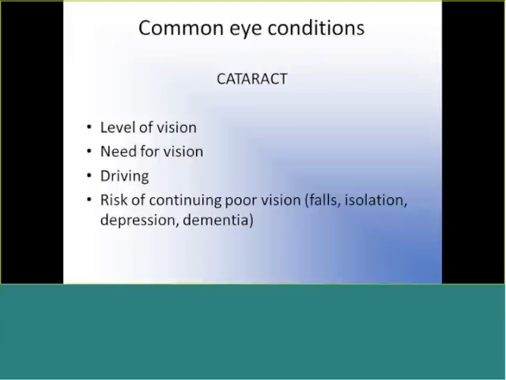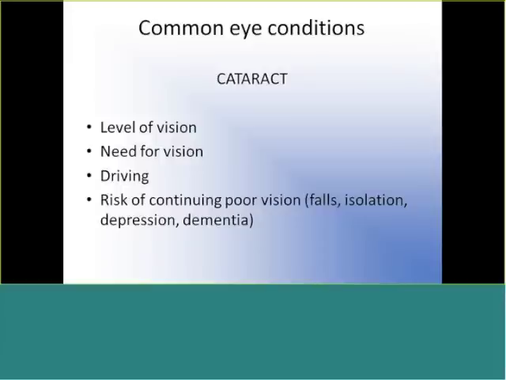Of course, if one eye is better than that, then they are legal for driving. It's when both eyes fall below 6/12 that driving is really difficult. You'll find a lot of patients may have good vision during the day, but at night they say they've got photophobia or glare and can't drive. So we have to be responsible citizens, and we have to say, I don't